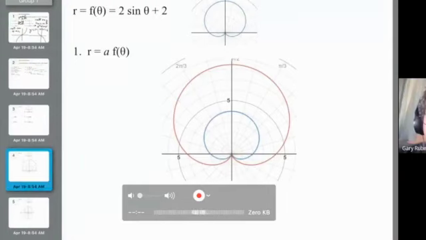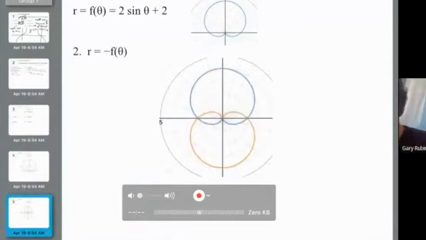I see Anna said reflection over the x-axis. I see a couple for that, but then I also see Willis said it might reflect over the origin. Well, in one sense, both people are right in that it does look like it's reflected over the x-axis, and it looks like it's